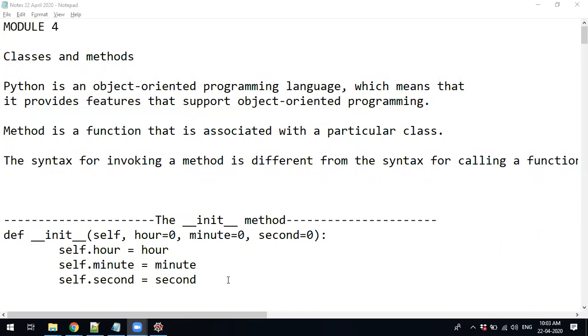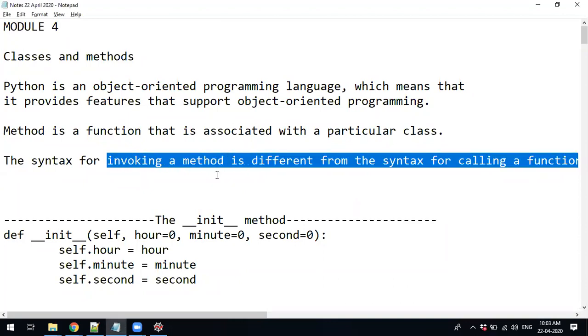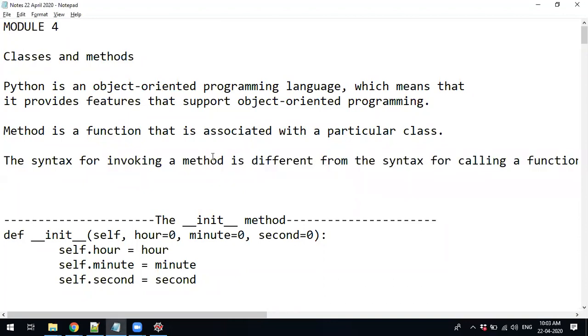Okay. In the previous class, we started discussing methods. The main difference between a method and a function is how you call it. Writing a method is the same as a function, starting with the keyword def followed by the name and the parameters, colon, then the body. Calling a function is directly the function name. Calling or invoking a method is with the object dot function name.